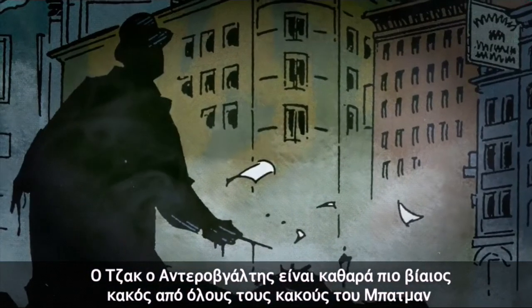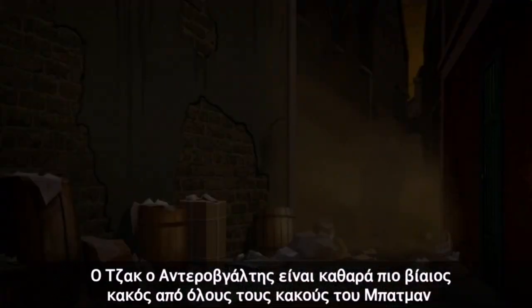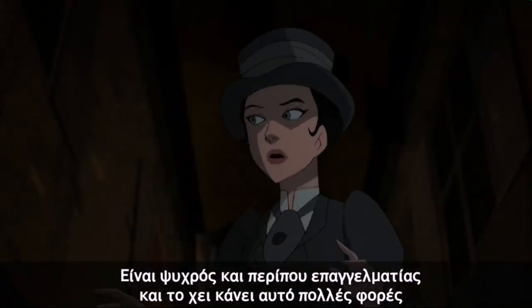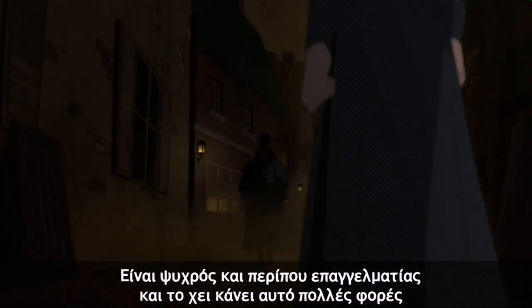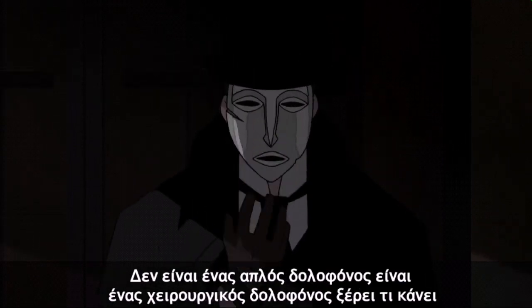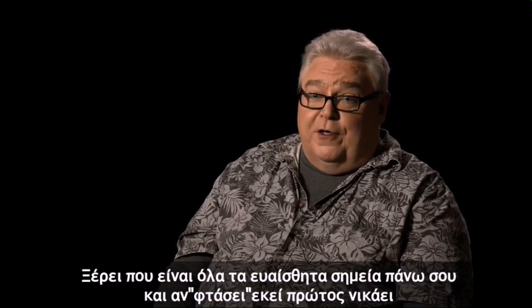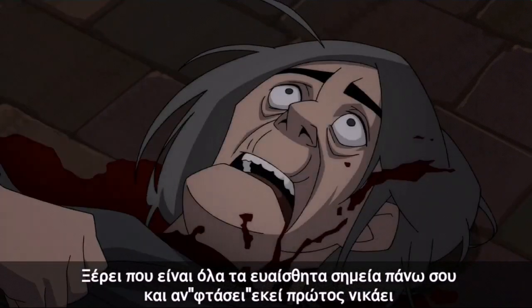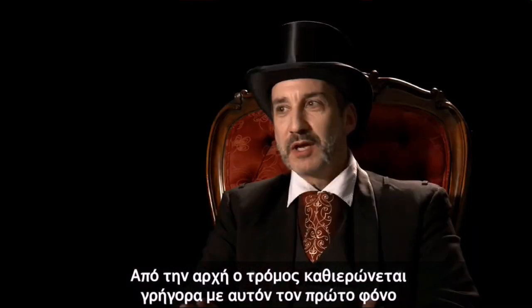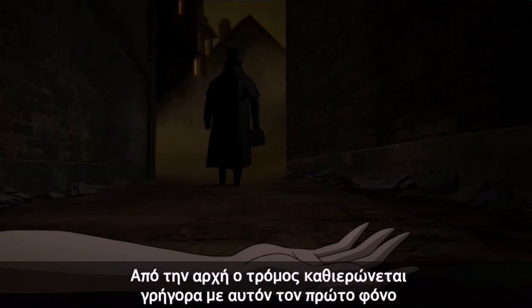Jack the Ripper is clearly a more violent villain than most of the Batman villains. He's icy, and he's almost professional. And he's clearly done this many times and gets that sick joy out of it. He's not just a killer, he's a surgical killer. He knows what he's doing. He knows where all the vulnerable spots are on you. And if he gets there first, he wins. From the very beginning of the piece, the dread is established quickly with that first murder, and it just hangs